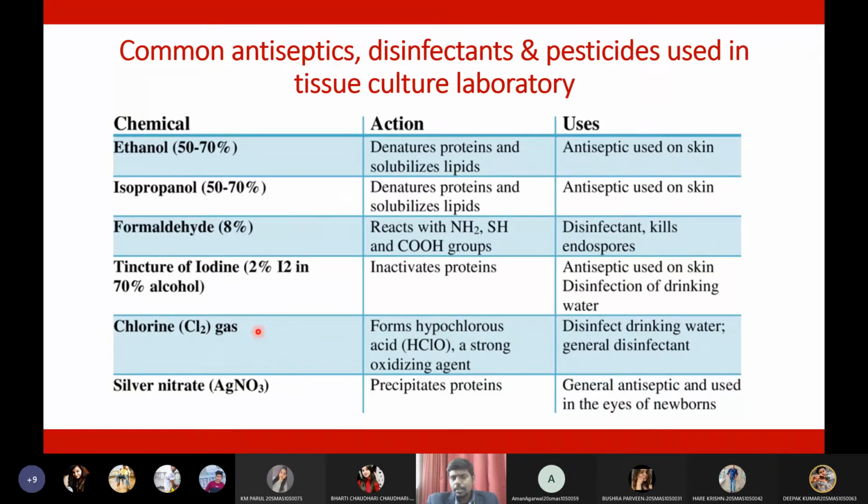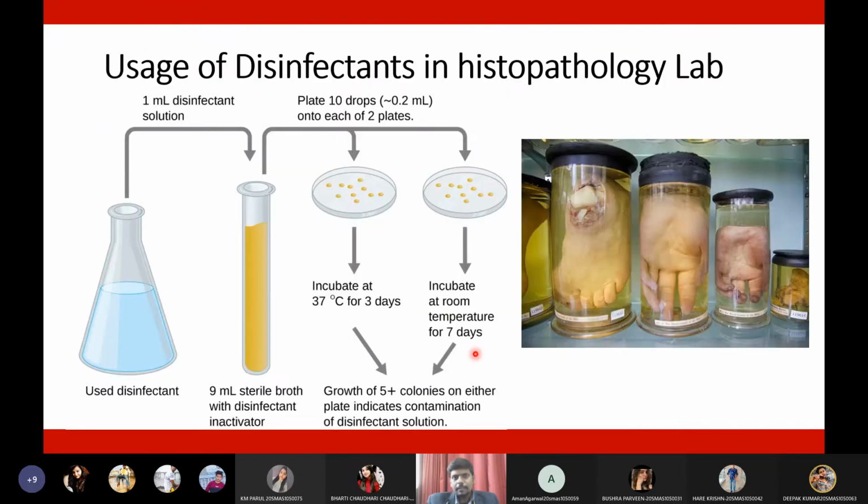Chlorine gas acts as a strong oxidizing agent, and this chlorine gas can be used for keeping drinking water sterile, as a disinfectant for drinking water, and for general disinfection we can use chlorine gas. And silver nitrate can be used as an antiseptic in eyes and newborns. Okay, so these are the common antiseptics and disinfectants that we will use in a histopathology lab, and these are their actions. So these disinfectants will be added in the formalin, in the fixative solution, so that the tissues